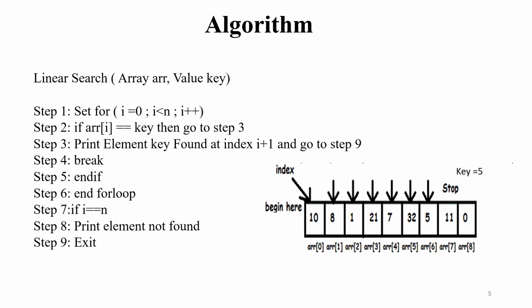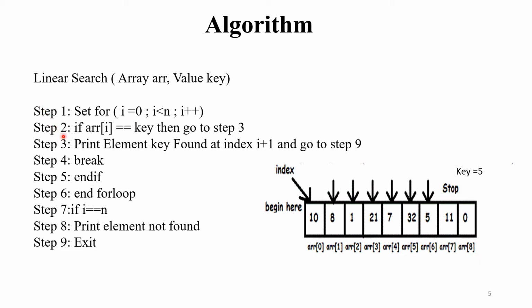All of you clear about the example of linear search? Now discuss the algorithm for linear search. There are two cases in this algorithm. First case is element is found and second case is element is not found. So here ARR is the name of the array and key is the variable. So in step 1 there is a for loop. I is equal to 0. I is an index and I starts from 0 to n minus 1. So here I starts from the 0th position to the n minus 1th position. Here n is equal to 9, so n minus 1 is 8.